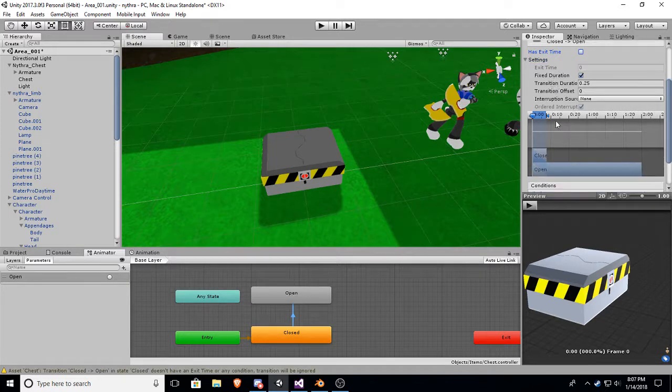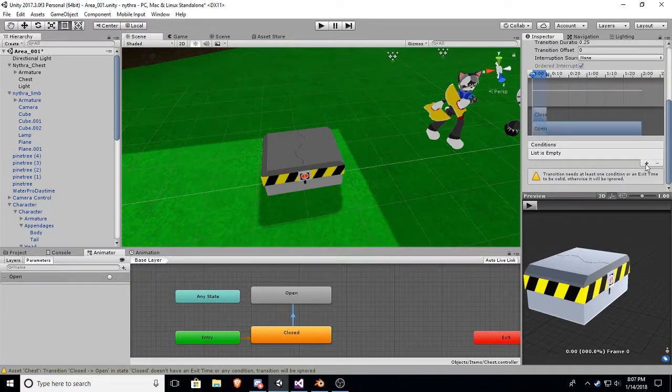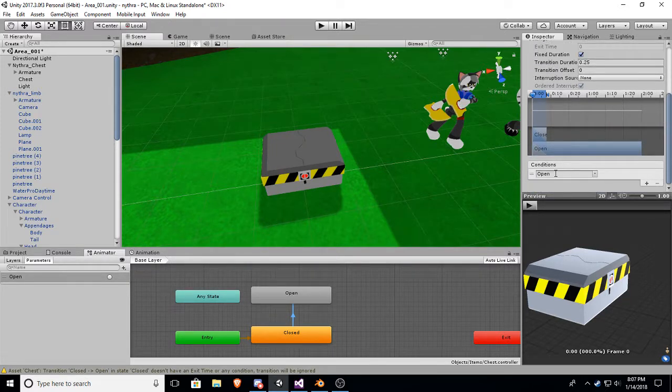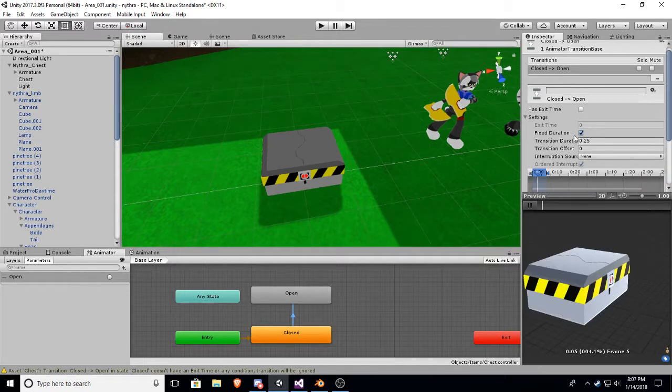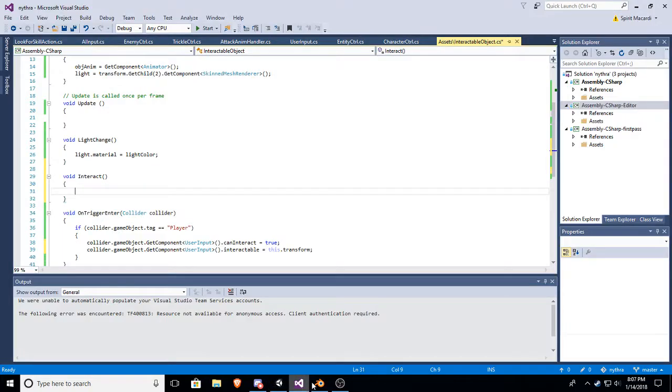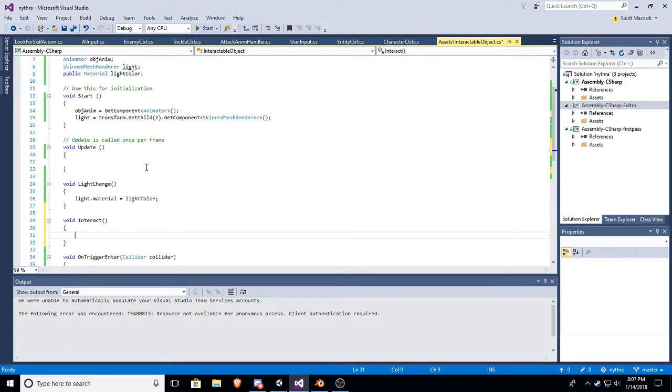So you get rid of has exit time. And under conditions, yep, just have to say it's open. Okay, I just want to have it so that when we interact with this,